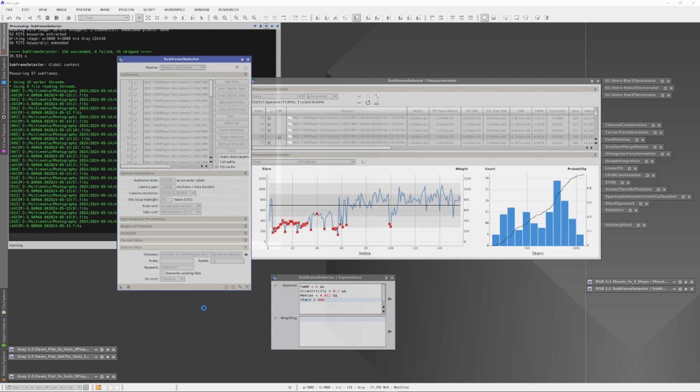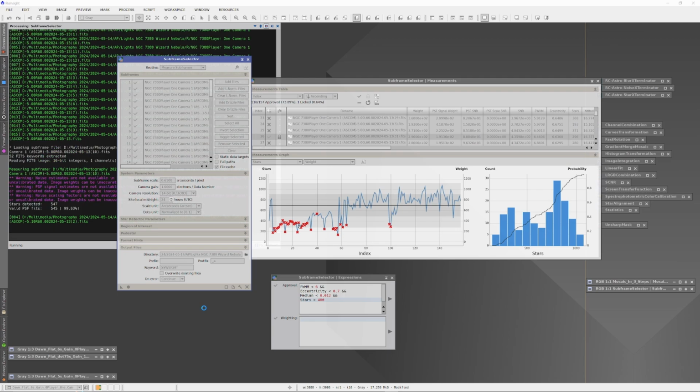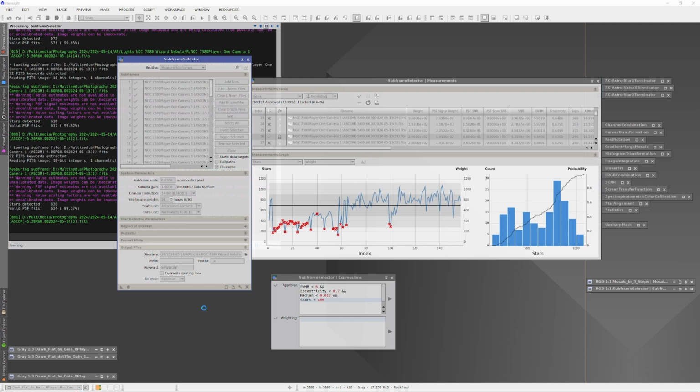The subframe selector is accurate and quick, and even if I am examining several thousand subs, it only takes a few minutes to blow through them with the subframe selector. And of course, if I'm doing lucky imaging, where I can end up with tens of thousands of subs in the morning, then the subframe selector is the tool for that job. I might be radical about doing good astrophotography, but even I'm not going to try to visually inspect 10 to